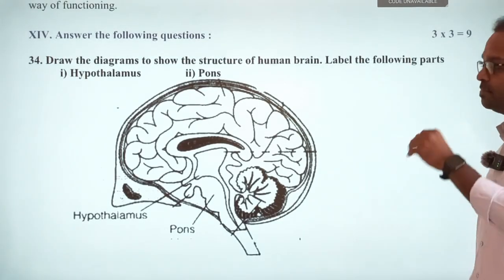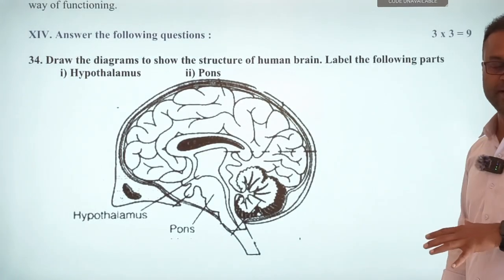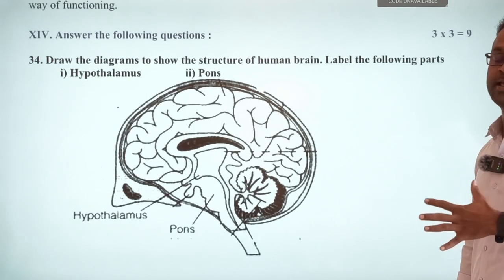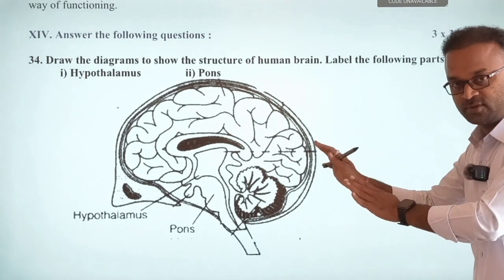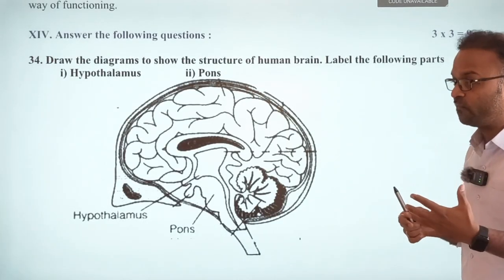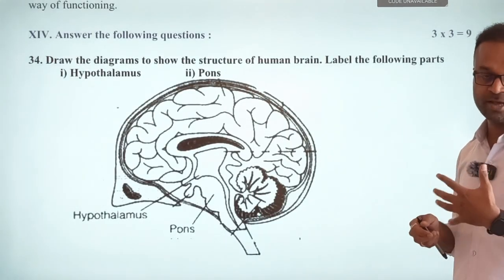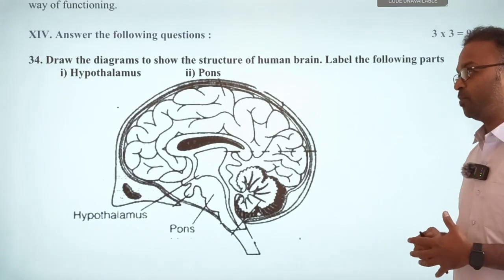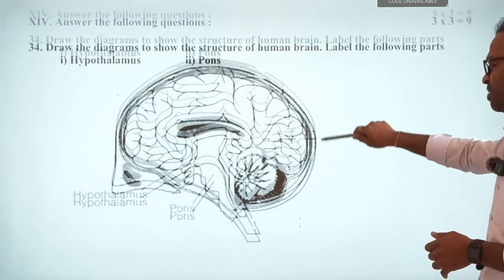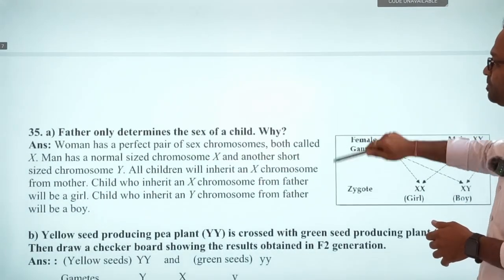Every year they keep on asking this brain diagram. But this year, you practice all the diagrams which are important, but I am personally feeling that they might go for the human heart diagram. For so many years they didn't ask it in the board exam, so I am feeling that they'll ask the human heart. So practice all the diagrams, they are very simple and easy.